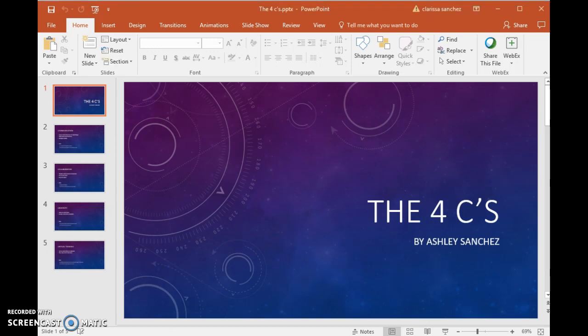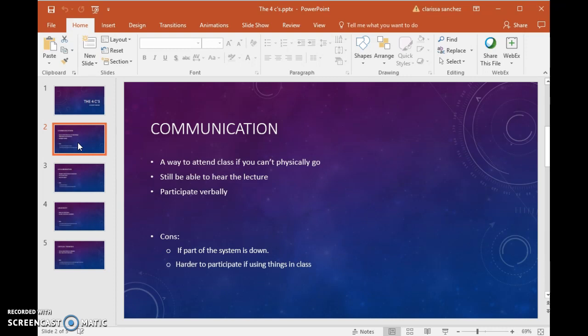Part of the 4 C's that go with this, first is the communication part of it. It's a way to attend the class even if you can't physically go, and you can still be able to hear the lecture. The only thing that's bad about this is sometimes the system may be down,